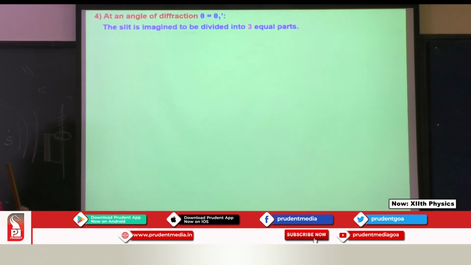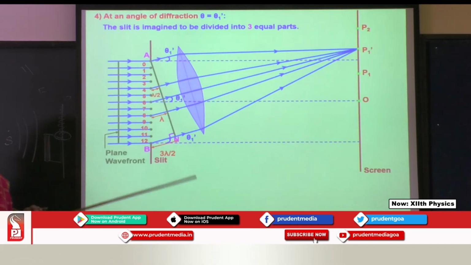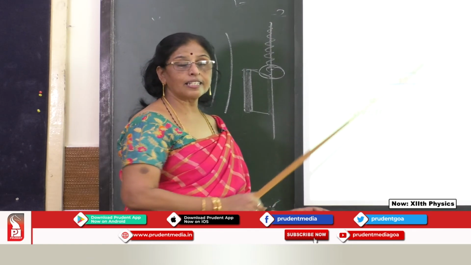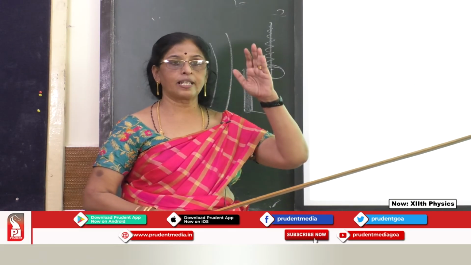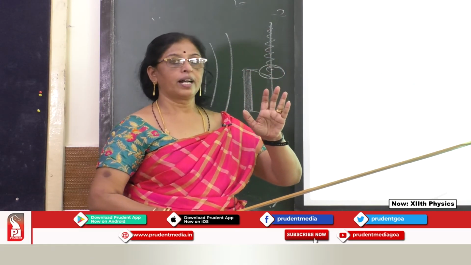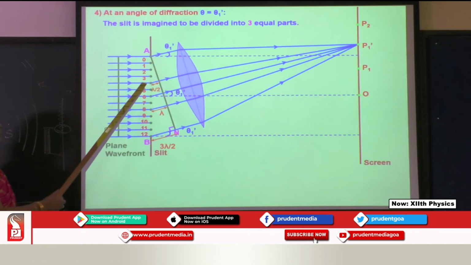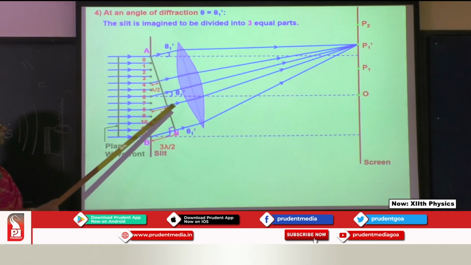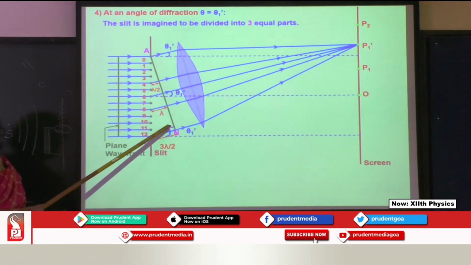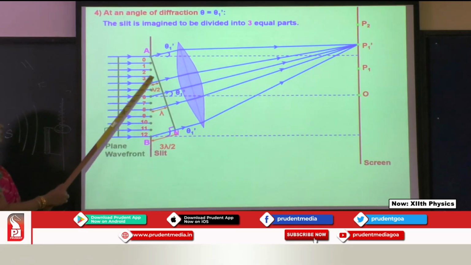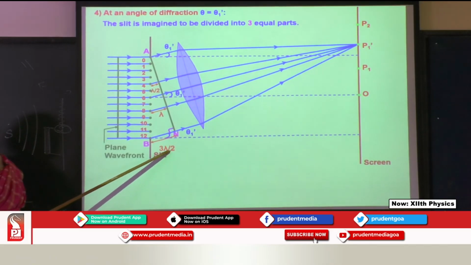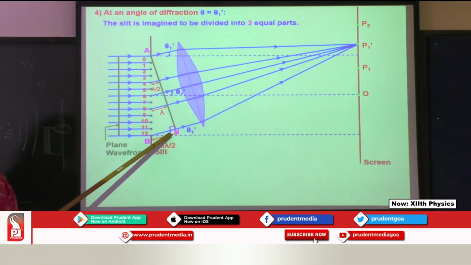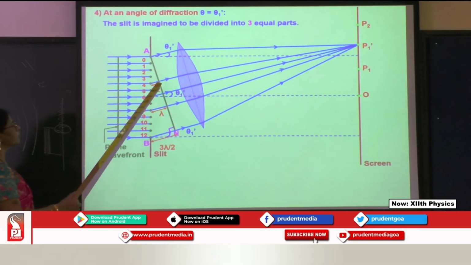Then when you consider theta 1, in this case the waves are emerging, but the slit is divided into 3 parts. 3 parts means lambda by 2, lambda, and so on, because we have to keep on adding lambda by 2. So 0, lambda by 2, lambda, and then plus lambda by 2 which becomes 3 lambda by 2. Because they are divided into 3 parts,